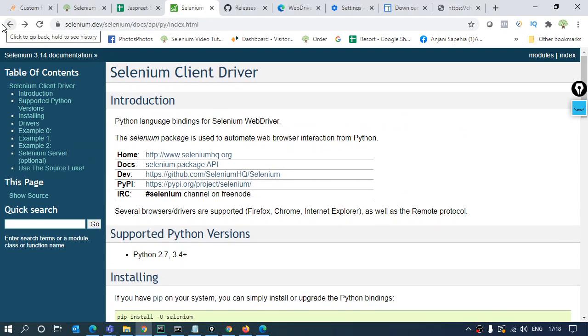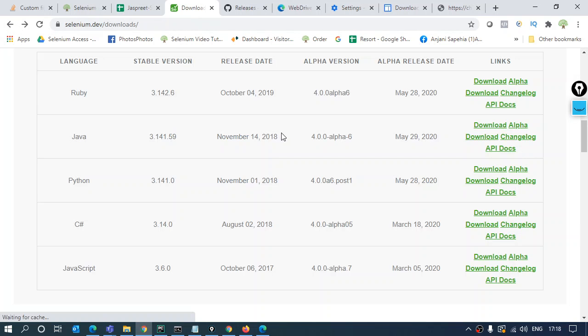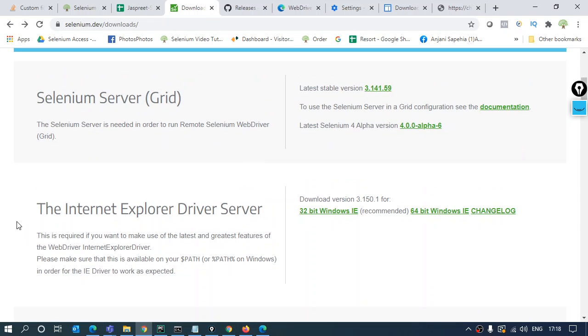You can go to your favorite browser as well and look for the IE drivers. Otherwise, on the official website of Selenium there is a section for Internet Explorer drivers, but that is for the Windows part only. I don't know why it's not for another OS. For Windows it has, according to the system configurations one can have this.